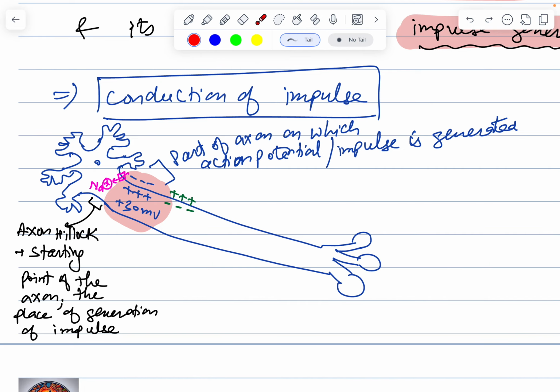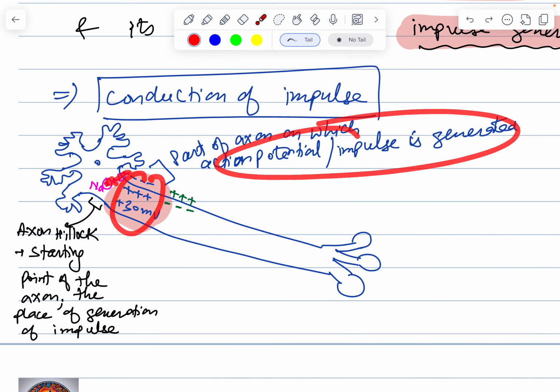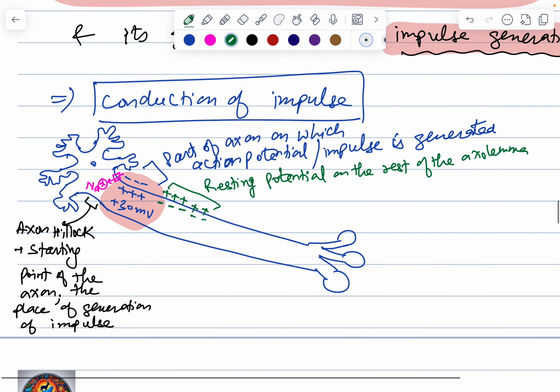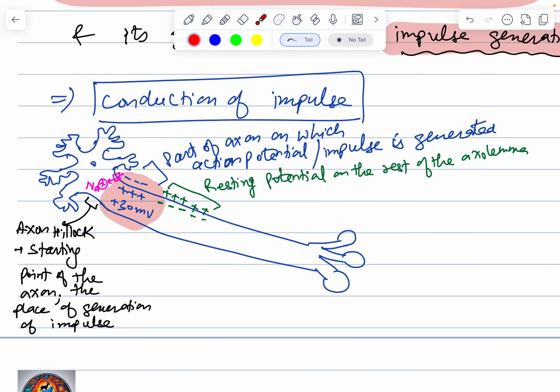So now back to this picture. This is the portion where entry of sodium has created the action potential, and we can notice that on the rest of the membrane अभी भी क्या है, there is still a resting potential only. Resting potential still where? On the rest of the axolemma or the membrane of the एक्सॉन, उसके ऊपर क्या है, अभी भी रेस्टिंग पोटेंशियल ही है। जबकि इनिशियल पॉइंट पे हिलॉक पे क्या जनरेट हो चुका है, एक्शन पोटेंशियल। इधर अभी भी क्या है, रेस्टिंग पोटेंशियल।